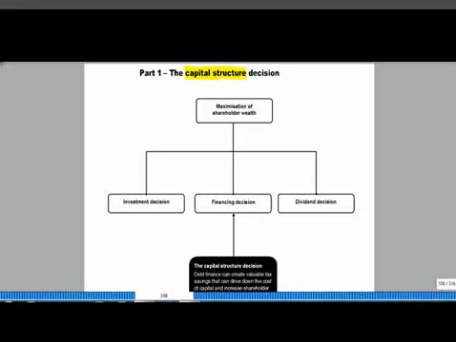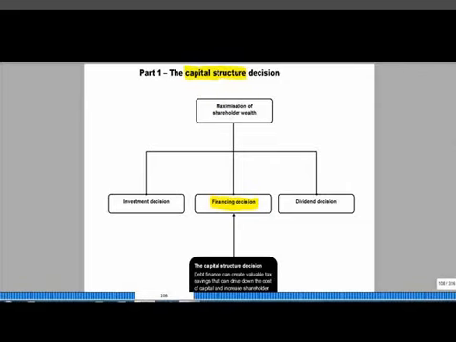Decisions for a business is how to structure its long-term finances. This is the financing decision. In the previous few chapters, we've looked at the cost of different types of finance. Clearly, this is going to have an influence on how much of which sort of finance you decide to use, whether it's debt, equity, preference shares, or whatever.